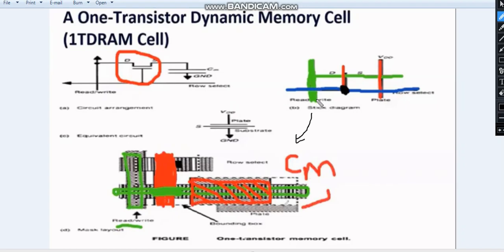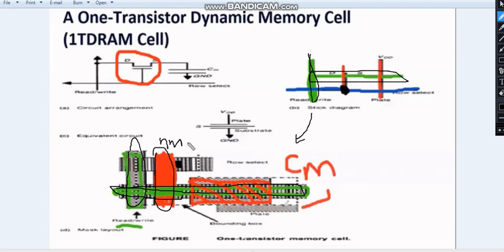This is the NMOS and this is a capacitance, okay? The green line, so what does the green line indicate? The green line, this is diffusion, right? This green line indicates the diffusion. Here also we have a diffusion, this green line. So this poly is crossing the diffusion. This is an NMOS, right? This is the NMOS, and this poly is crossing this diffusion, the green color one, okay? Hence it forms one more capacitance, okay? Understood?